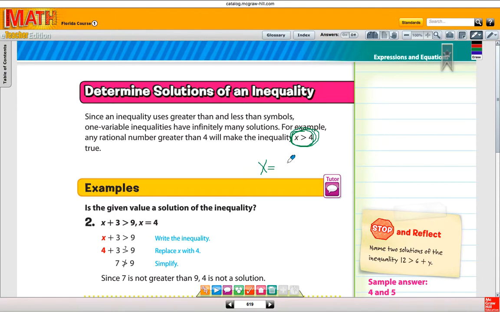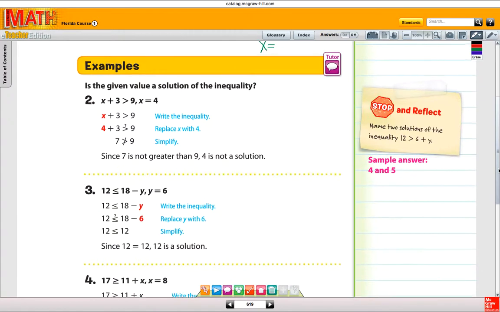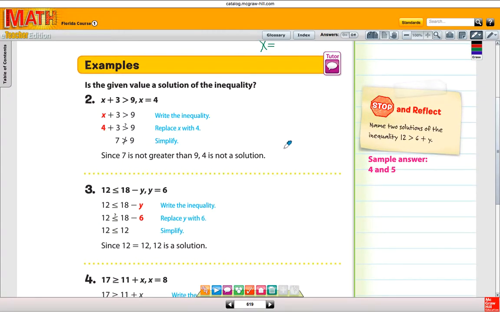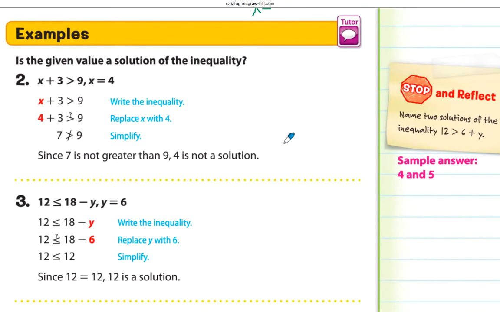The purpose of explaining this is to show you that in this example with inequalities, you can have multiple solutions for x. X could be all kinds of things. It's not just one specific number. That'll make more sense as we do a couple examples on this page. So look here at example 2. We have